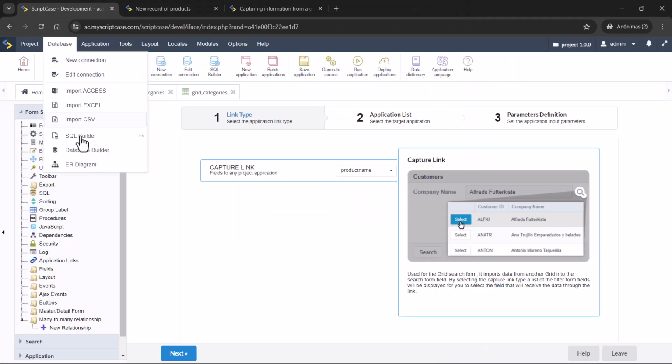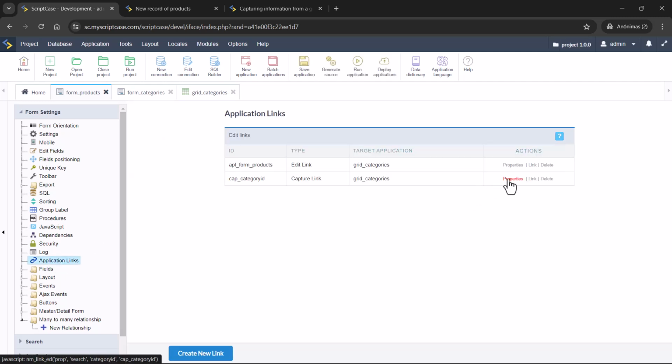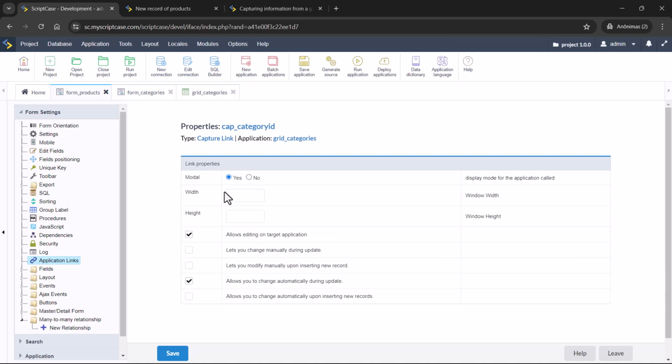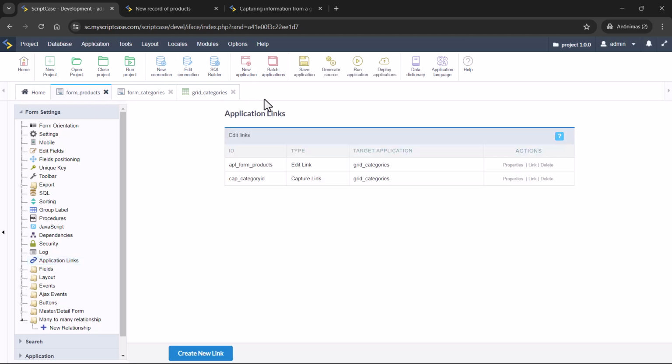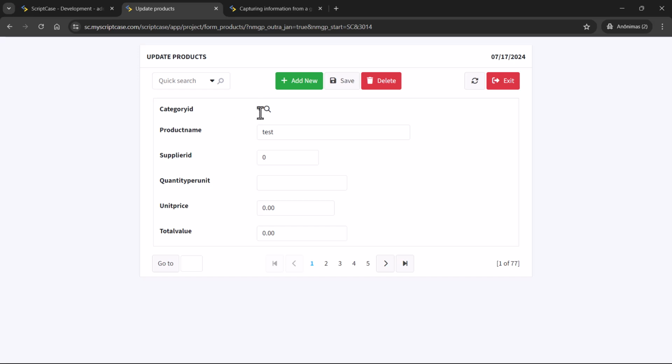If I go back here to the properties again, last time, I have also the option to use a modal. So I can go here and use a modal, and using this modal, I'll be able to open on the same window instead of using a new window.